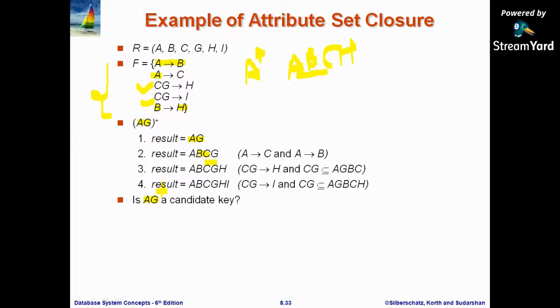If AG plus consists of all the fields of R, A, B, C, G, H, I, then AG can be a candidate key. If AG derives R, meaning in AG plus all the fields of R come, then